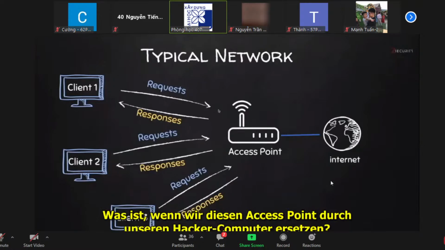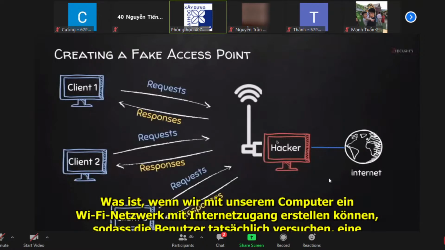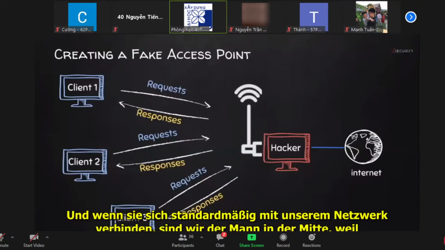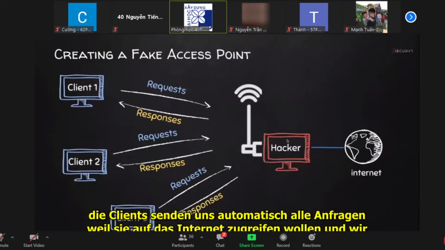Now, what if we replace this access point with our hacker computer? So what if we can use our machine to create a Wi-Fi network that actually has internet access, so people will actually try to come in and connect to our network to access the internet, and then when they connect to our network, by default, we will be the man in the middle because we are the router. So we won't really need to exploit anything. We are automatically the man in the middle, and the clients will automatically send us any requests because they want to access the internet,